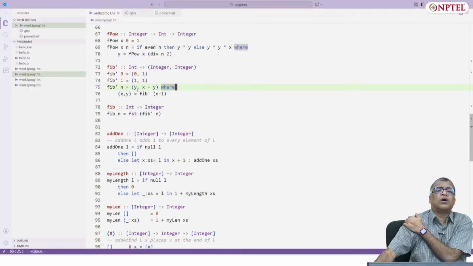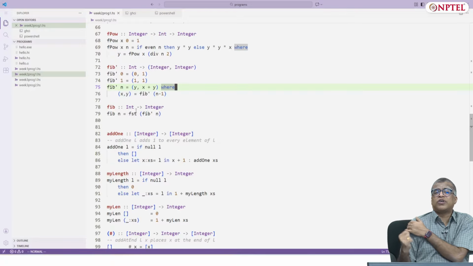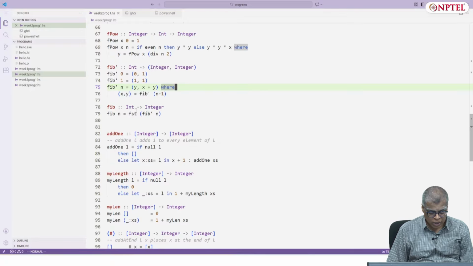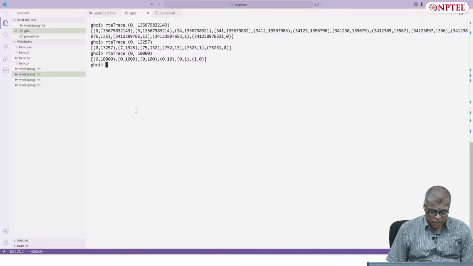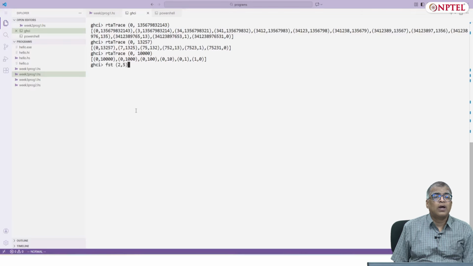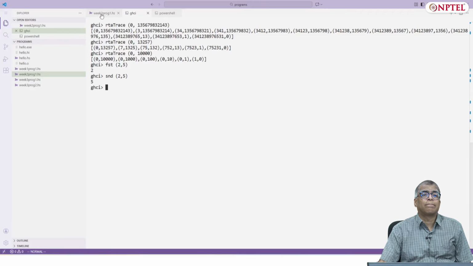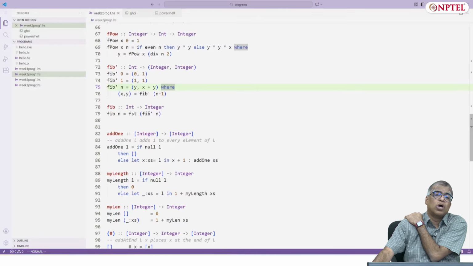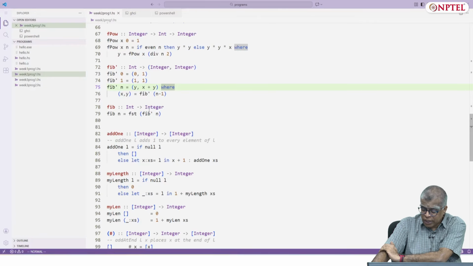And finally if you want the Fibonacci number, you will just say FST, a function that extracts the first part of a pair. So I can go here and I do FST of 2, 5, I will get 2. If I do SND of 2, 5, I will get 5. So these are about integer functions.